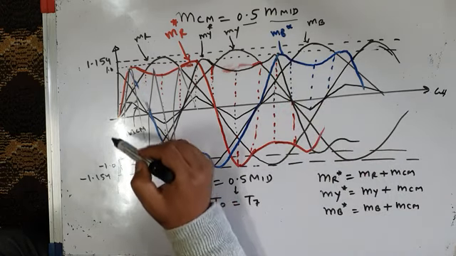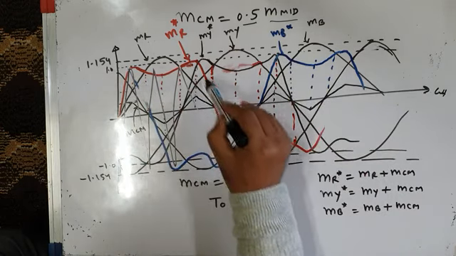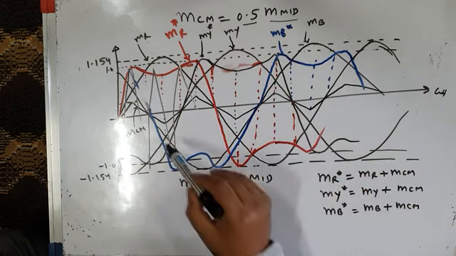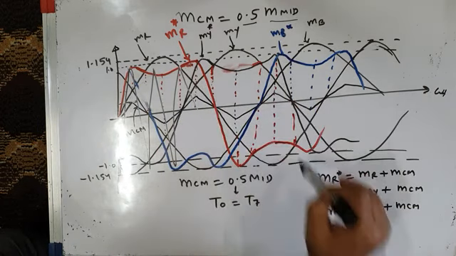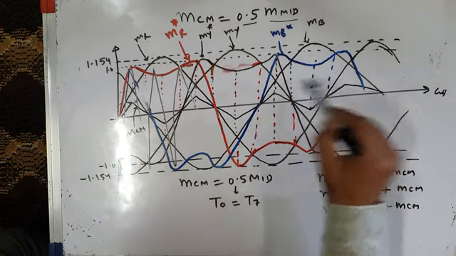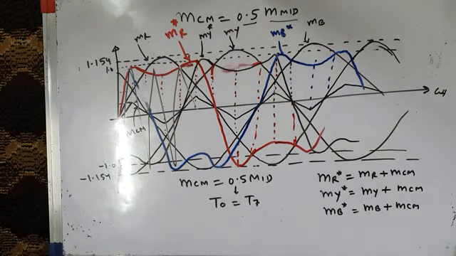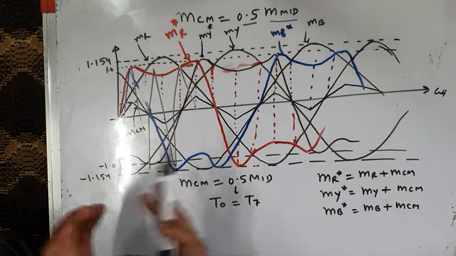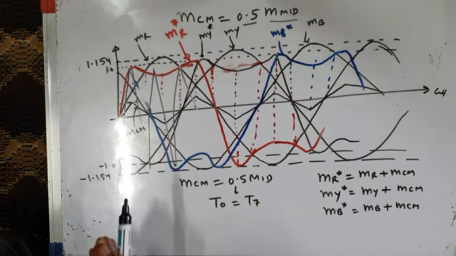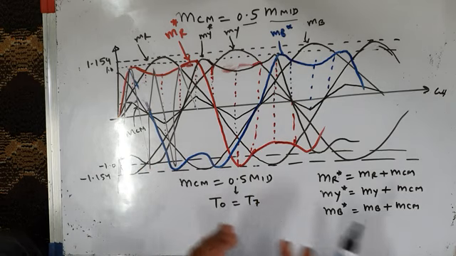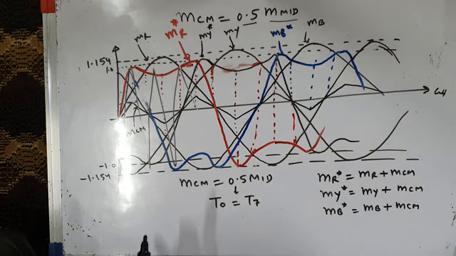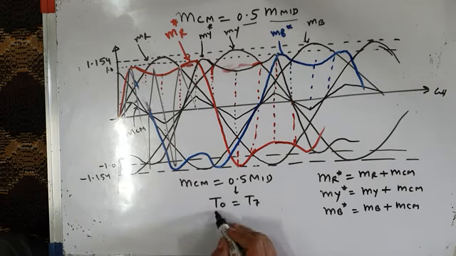Like for example, your pole voltage VRO will have the same shape as MR star, distorted. VYO will have the same shape as MY star, and VBO will be similar to MB star, scaled versions. But in line-to-line voltages and phase voltages, common mode signals do not appear, and your line-to-line voltages and phase voltages, which are actually the voltages impressed across the three-phase load, will be purely sinusoidal. The instantaneous average value of those voltages will be sinusoidal, with the advantage that T0 will exactly be equal to